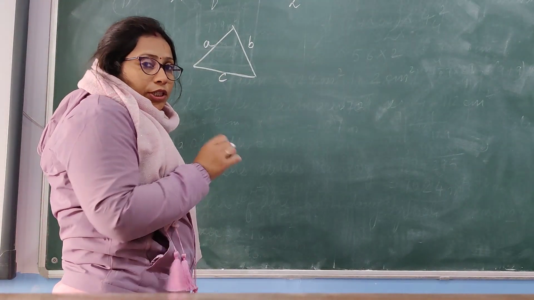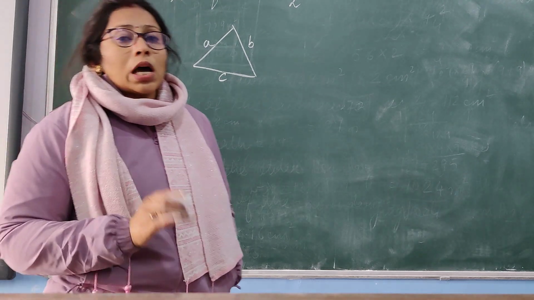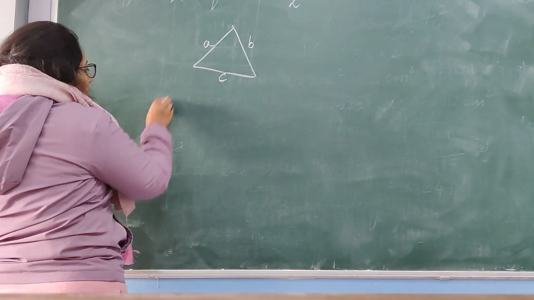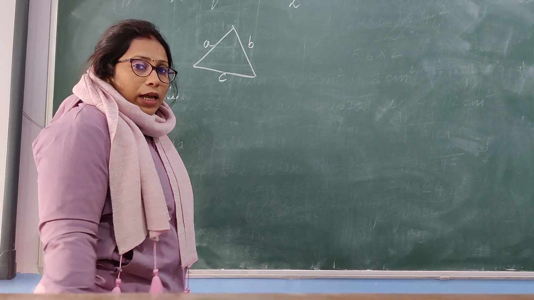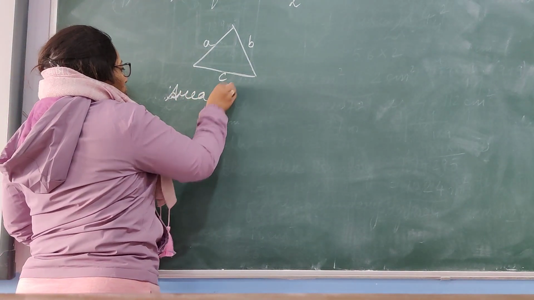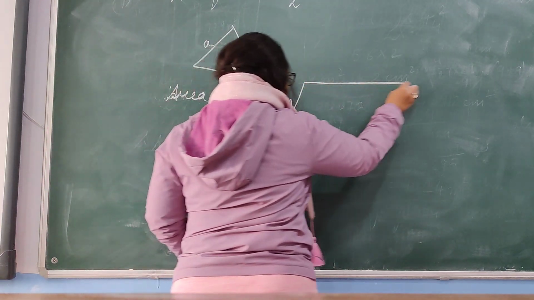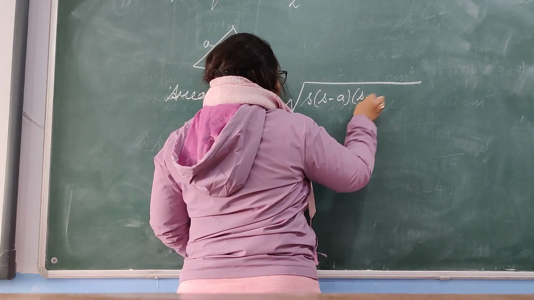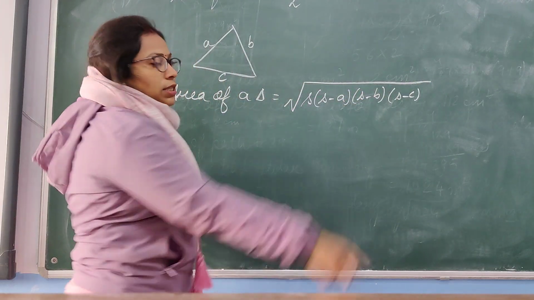The area of such a triangle is given by a particular formula known as Hero's formula, or Heron's formula, whatever you say. According to Hero's formula, the area of a triangle is calculated by the formula under root S into S minus A into S minus B into S minus C, where A, B and C are the